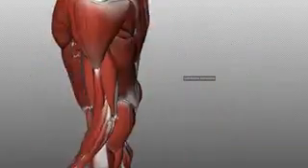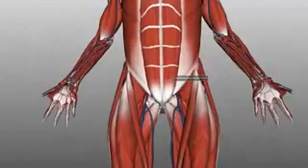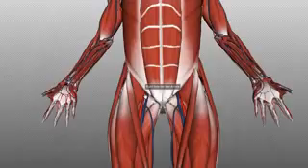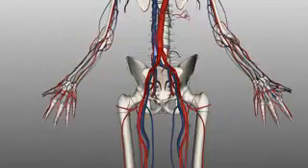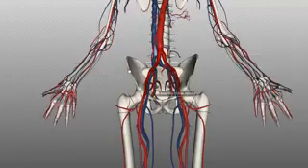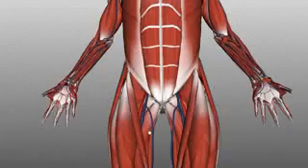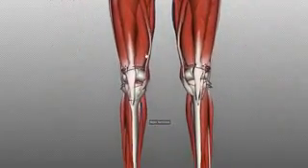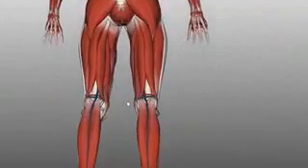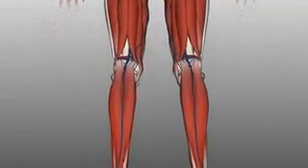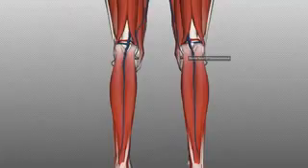You can see the femoral artery passing through here quite superficially, so this pulse is also palpable, and this you can feel between the midpoint of the pubic symphysis and the anterior superior iliac spine. So this is the femoral pulse you feel here between the pubic symphysis and the anterior superior iliac spine. Behind the knee you can palpate the popliteal pulse. So this you can feel between the head of the gastrocnemius muscle,